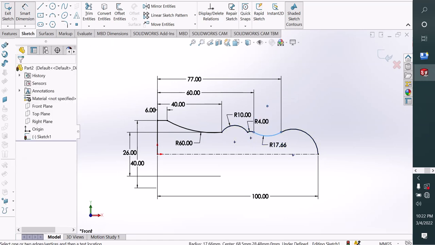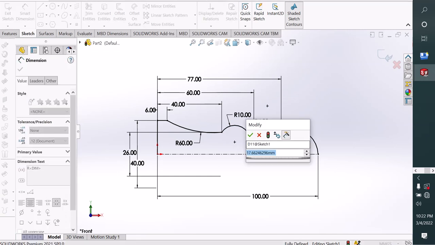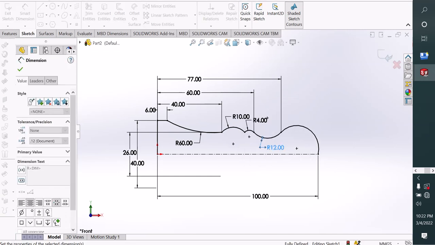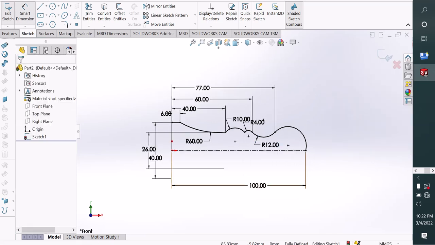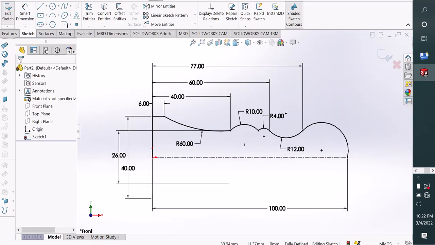Now it's 12 millimeter. Okay, see, this is our design is fully defined. That means every single line is black. Our design is complete. Now if you want, you can make 3D, but